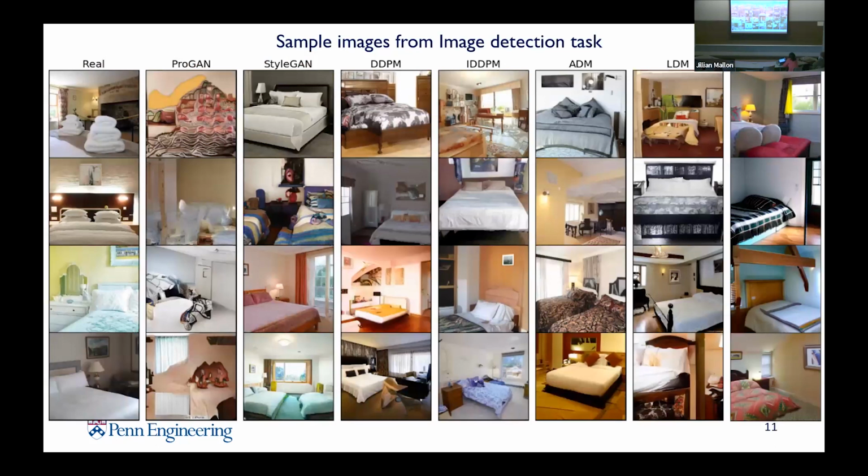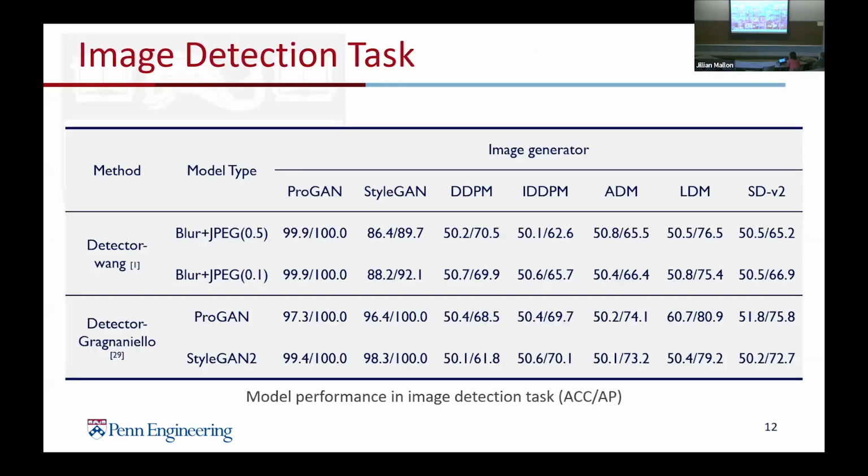And here are some sample images from our dataset. As you can observe, simply by looking at each of the images across different datasets, it would be really hard for our human eyes to tell apart whether an image is from a real source or generated by a diffusion model. And yeah, so that's the experiments of our first